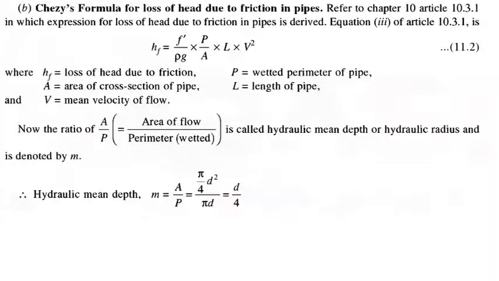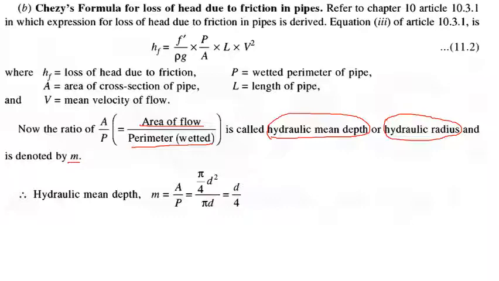So the ratio of area of flow and wetted perimeter, that means perimeter of the pipe which is in contact with the fluid, this ratio is called the hydraulic mean depth or the hydraulic radius,